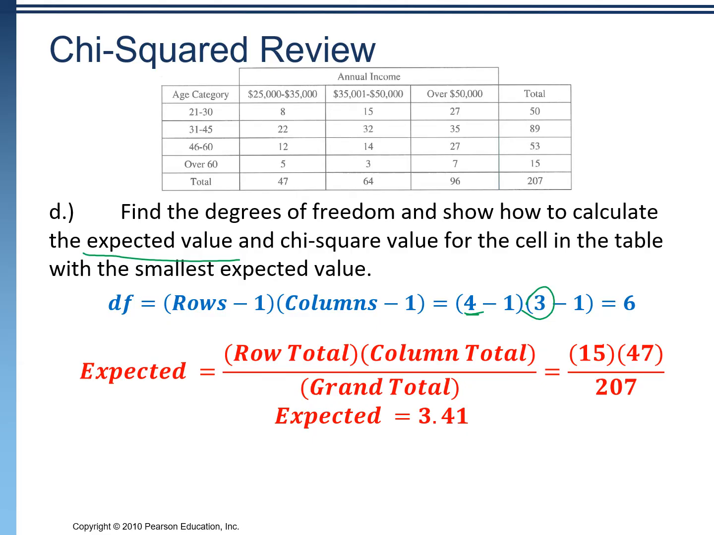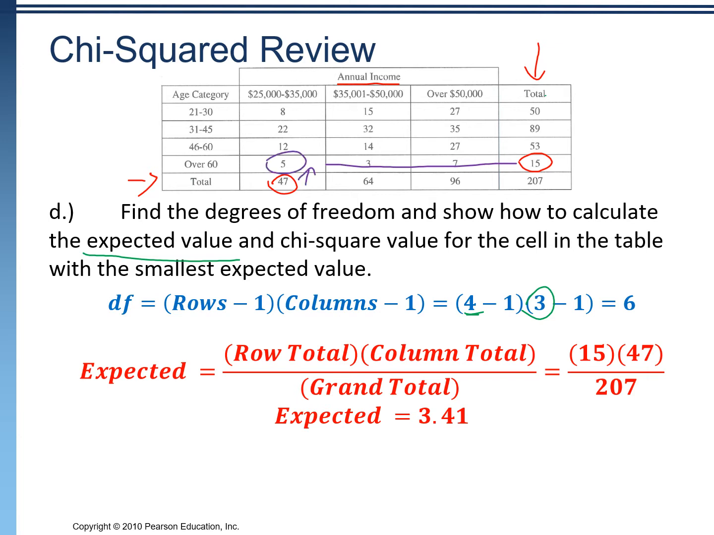So this cell that will have the smallest expected value is going to be the smallest combination of rows and columns. What I mean by that is, when we look at all these row totals, the smallest one is 15, right? When we look at all the totals of annual income here, the smallest one is 47. So the smallest expected cell is going to be where those two intersect each other, and it'll be that value